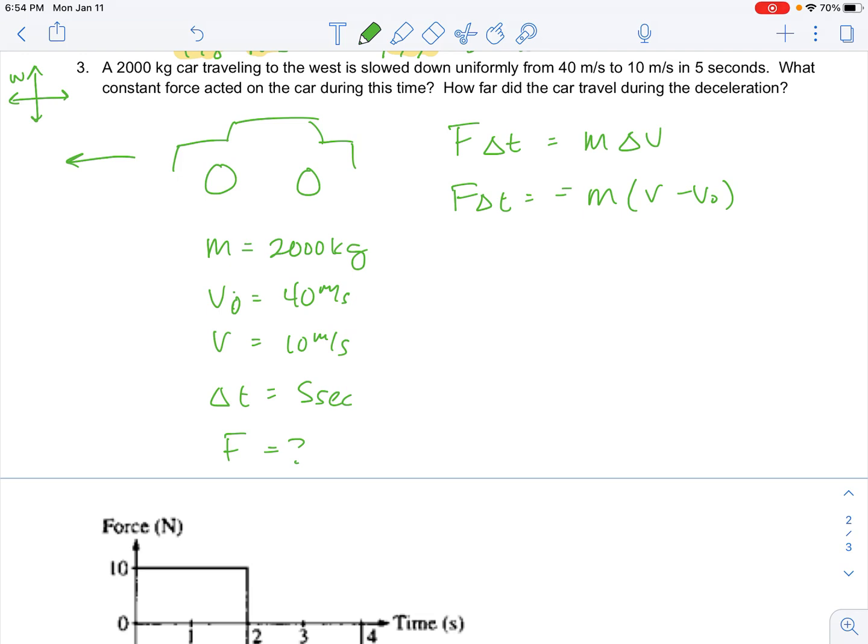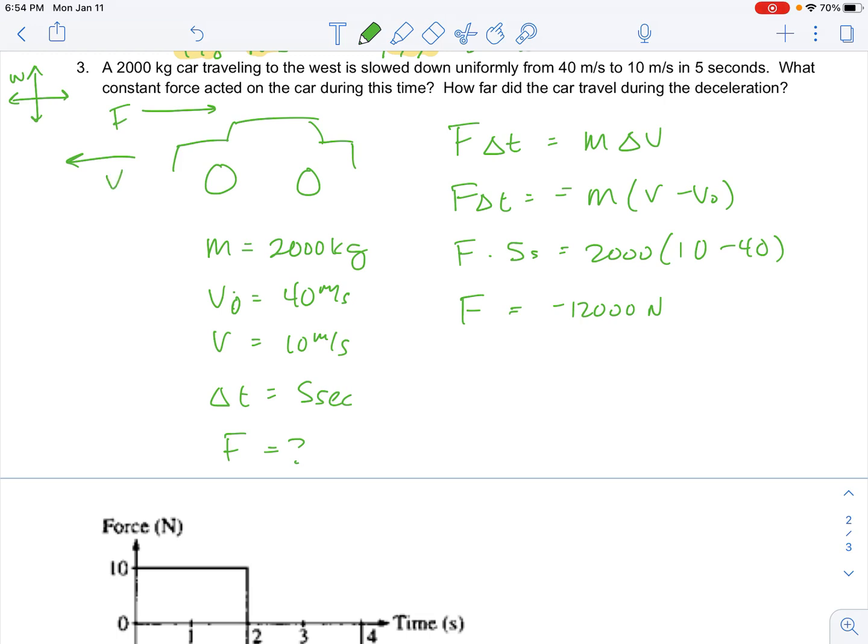Okay. F times 5 equals 2,000 times 10 minus 40. So then I'll solve this. And I get negative 12,000 newtons. What this means is that the force